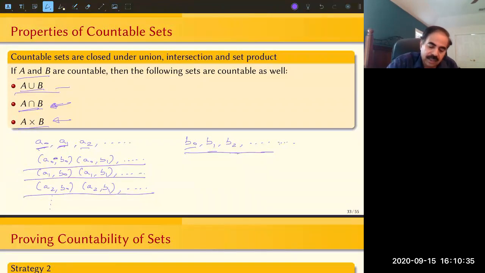So you start here, you go down one, and then you go diagonal. And then you go to 2, and you go diagonal on 2. And then you go to 3, then you go diagonal on 3. So if you go this way, so basically